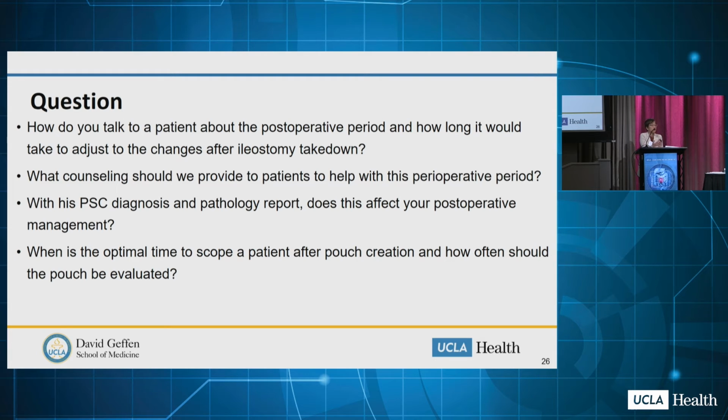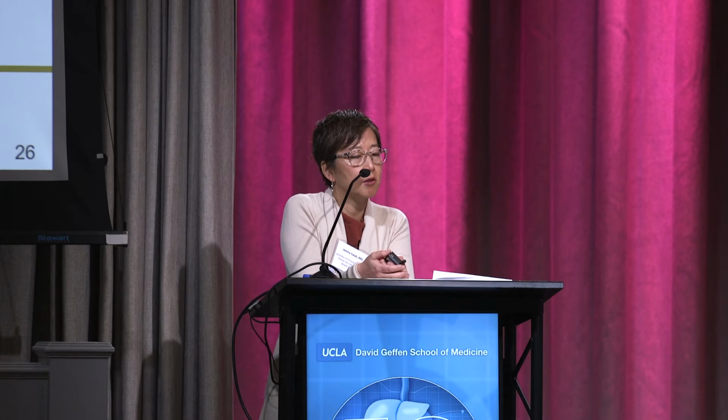I guess Dr. Kwan, Dr. Limkikai, when is the best time to take a look again? Or do you just wait until they're symptomatic with something? Given his background of PSC and also the increased risk of developing pouchitis and potentially even cancer down the road,